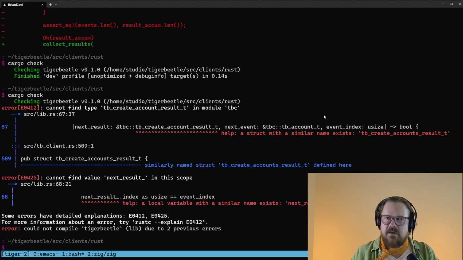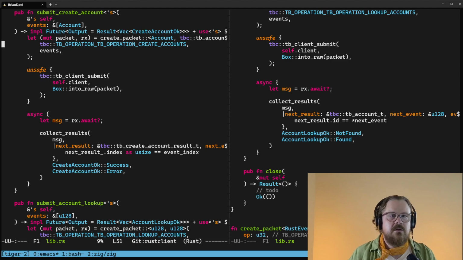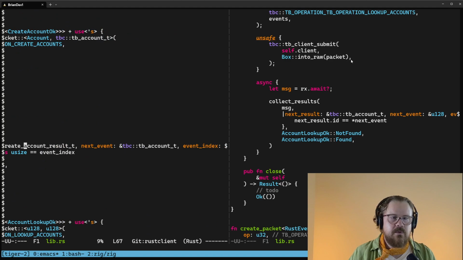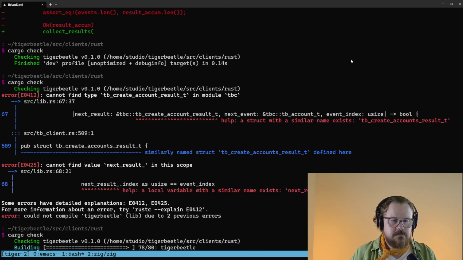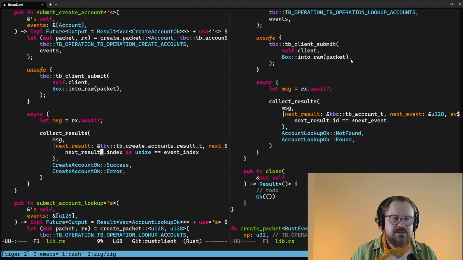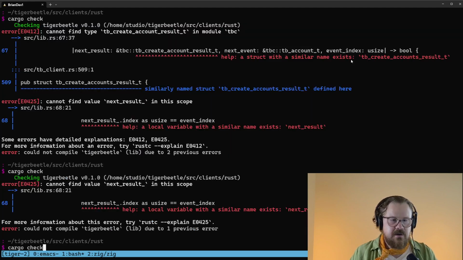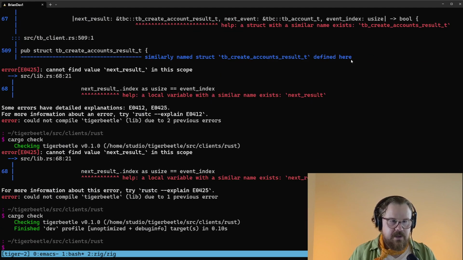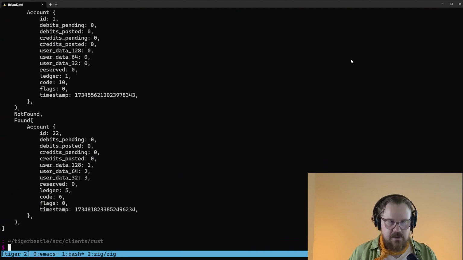Okay, I just did a typo here. This is create accounts result with an S. Down here. And this next result, I put an underscore here, no actual underscore there. Okay, and it type checks. Now let's run it and see if it appears to be working. And it still appears to work. So let's